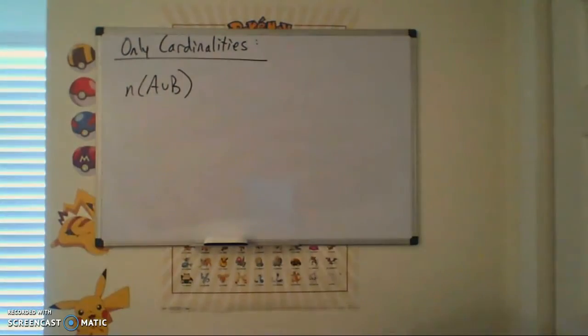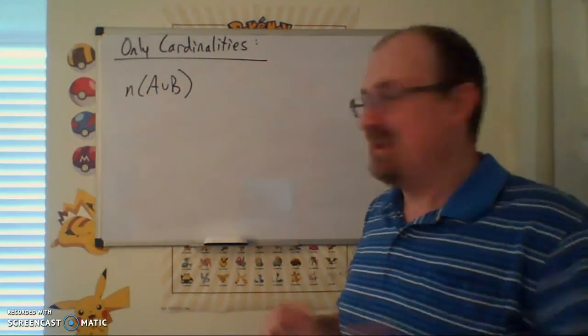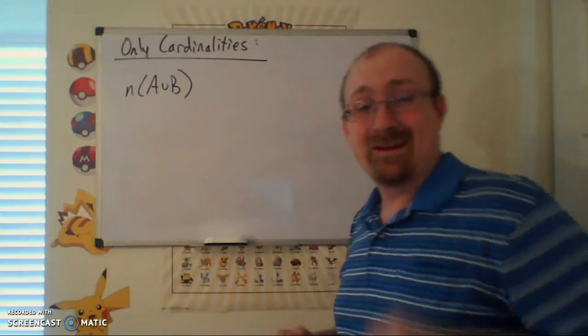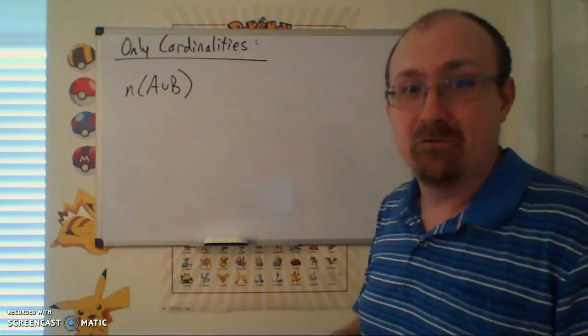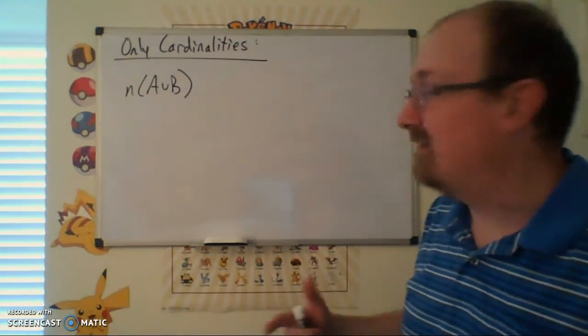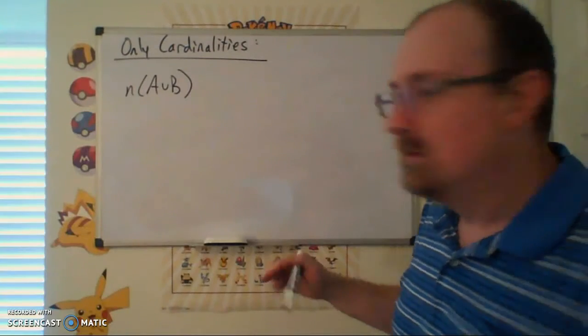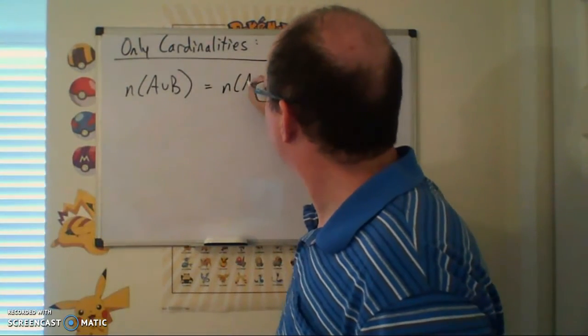As it turns out, there's a neat formula that gives you a way to calculate the cardinality of a union of a pair of sets. Again, remember that n represents cardinality. It's not n times alpha. Anyway,